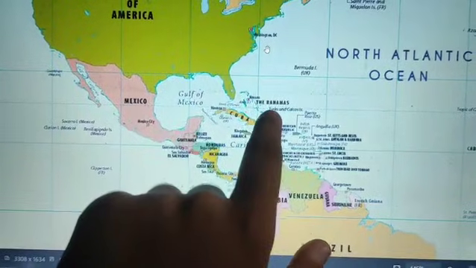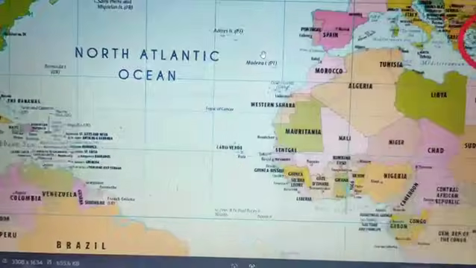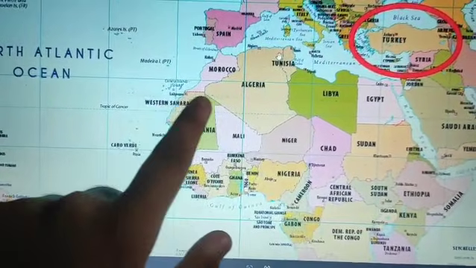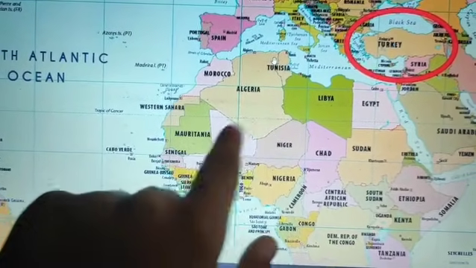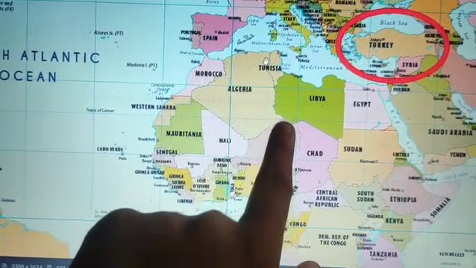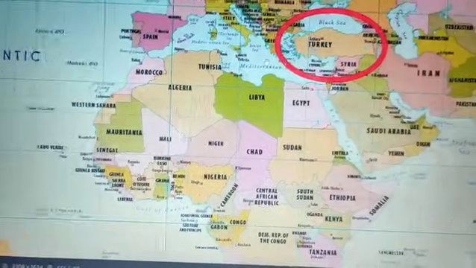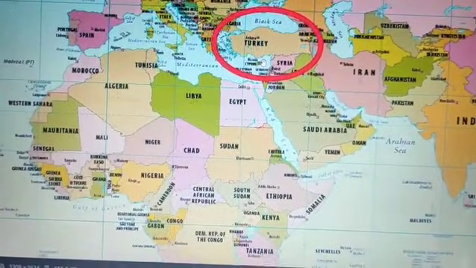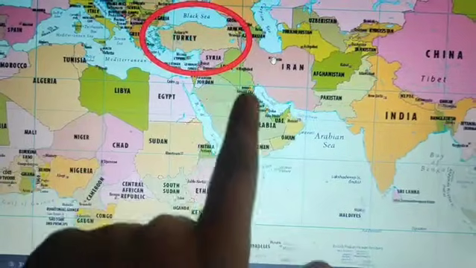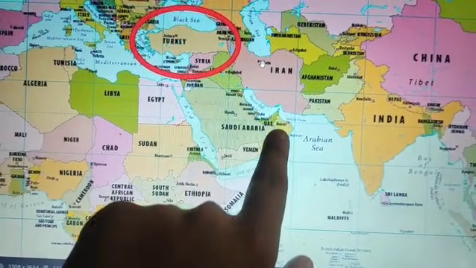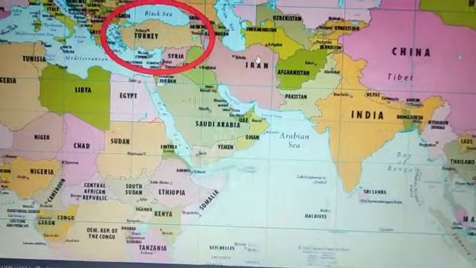then we have the Bahamas, and from Africa it passes through Western Sahara, Mauritania, Mali, Algeria, somewhat like Niger, Libya, Egypt, and from the Arabian nations it passes through Saudi Arabia, UAE, Oman, here you can see, and from the